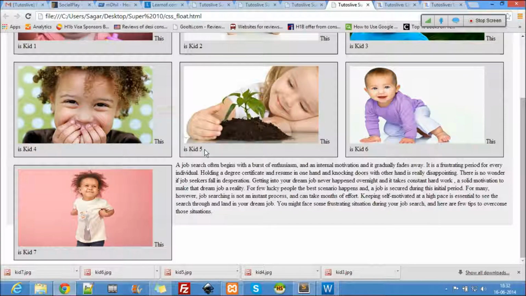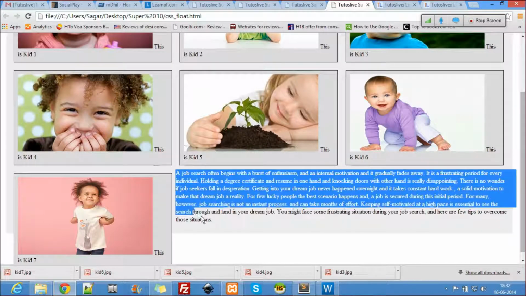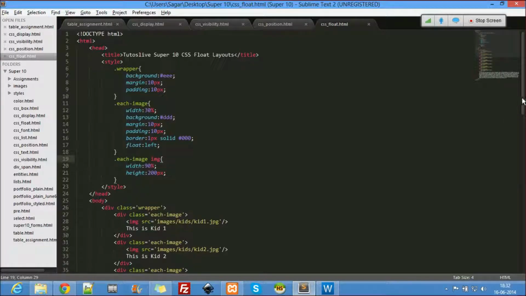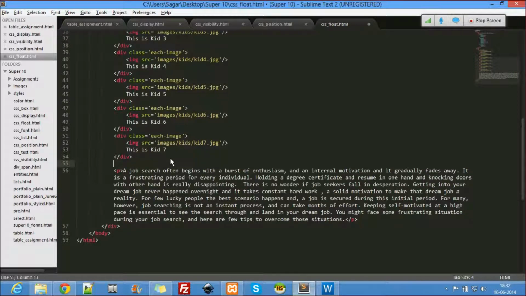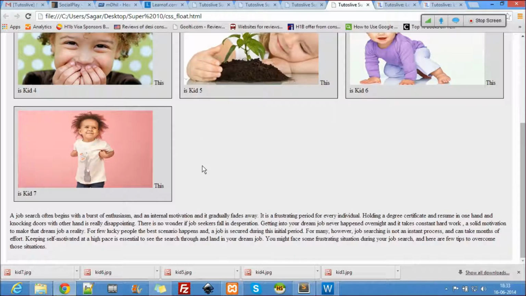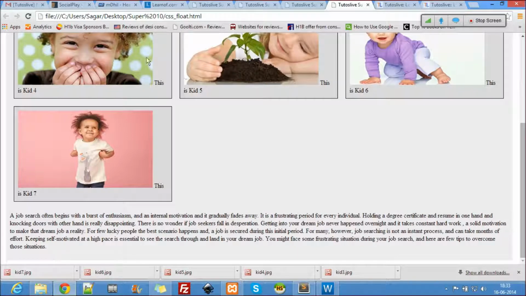So the P is trying to get itself to the top. Everything has been detached. Okay, so it is trying to move to that location. So let me do one small thing here. Let me just say div, style equal to clear. Let me clear all the floating elements and see what happens here. You see, now when I said clear, the P stays in its own location. It won't try to accommodate in the place left by the floating elements.